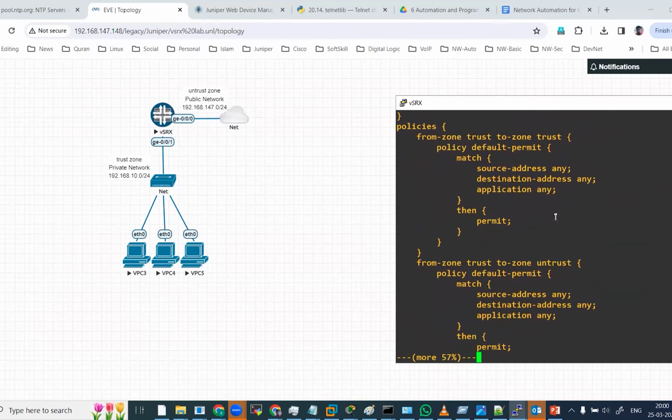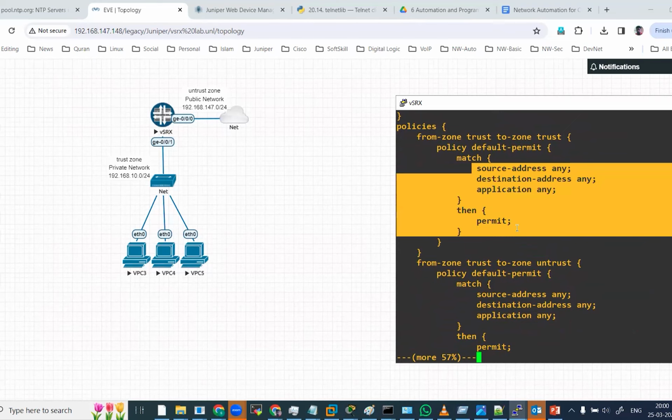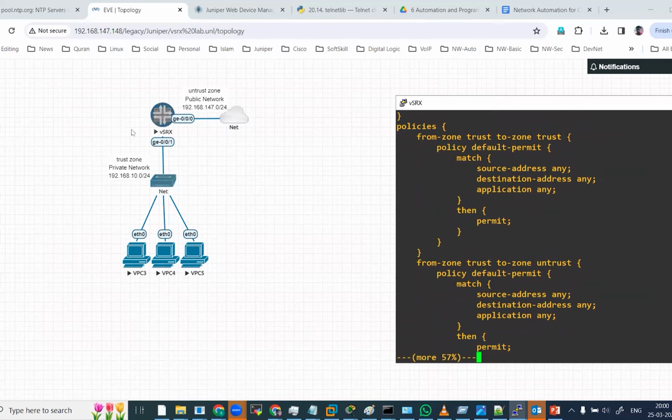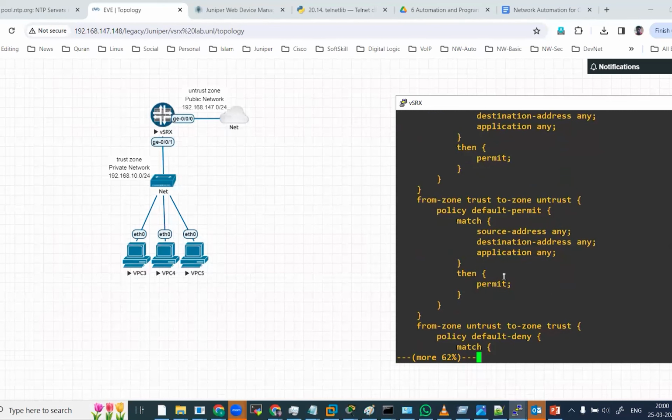From zone trust to zone trust, meaning if we have two interfaces in the trust zone, everything will be allowed, right? Even if the traffic is coming from the trust zone and going toward the untrust zone, that also I made allowed. You can see here: policy default-permit, match source any, destination any, application any, then permit. If you want to see the same thing in our J-Web,